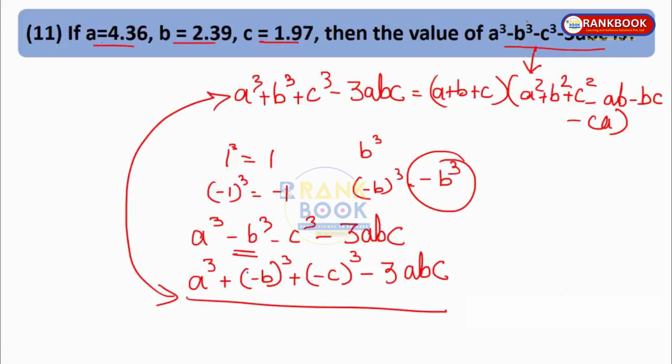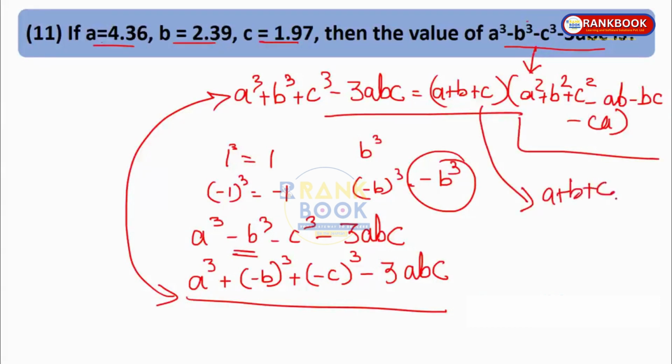Yes. So over here we have a cube plus b cube plus c cube. Here also we have a cube plus minus b's cube plus minus c's cube. So what do we know also about this formula? That if a plus b plus c is 0, what will happen? 0 into this is 0, correct? So this entire thing will be equal to 0. See, we have a cube plus b cube plus c cube minus 3abc equal to a plus b plus c into this, correct? Since it is this into this, if this is 0, everything would be 0.